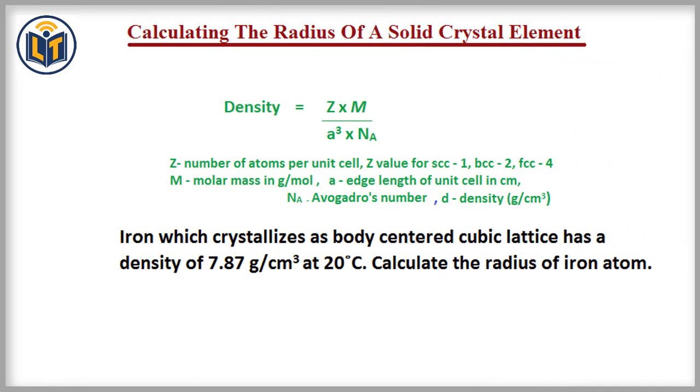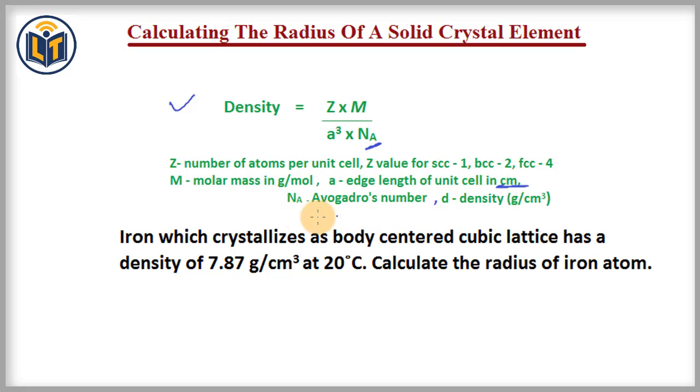Hello students, in this video I will discuss how to calculate the radius of a solid crystal element. This is the density formula given, and the formula says density is equal to Z multiplied by M upon A cube and Na. Z is the number of atoms per unit cell, M is the molar mass in gram per mole, A cube is the volume of unit cell, where A is the edge length of unit cell, and it is measured in centimeters. Remember the unit of edge length. Na is the Avogadro number, hence D is measured in